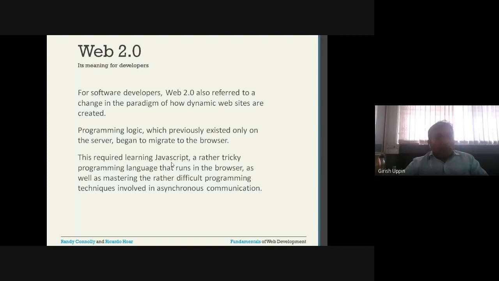JavaScript can be executed on the client itself. One good example of what has been moved from the server side to the client side is validation. Suppose a certain input has to be a number only. If you don't have client-side scripting, you will submit that form, it will go to the web server, and the web server will check whether it is a number or not.